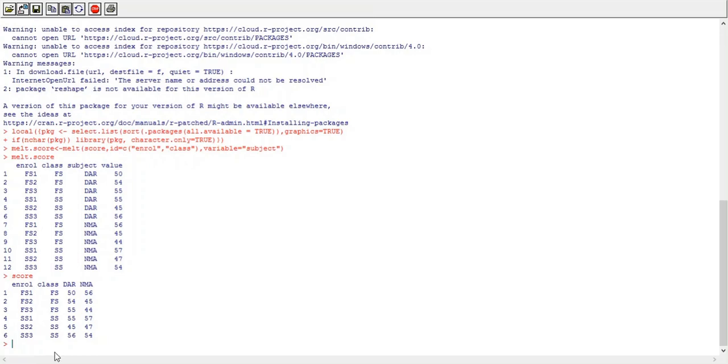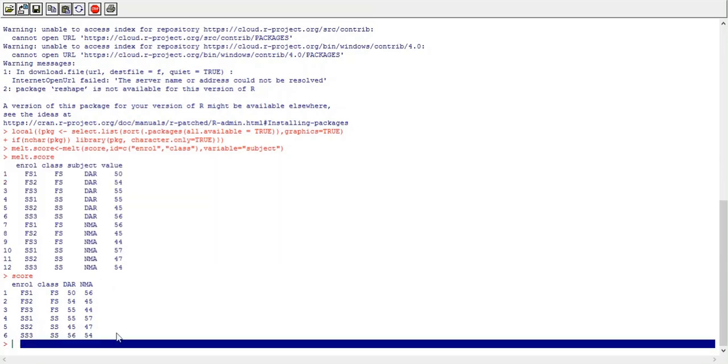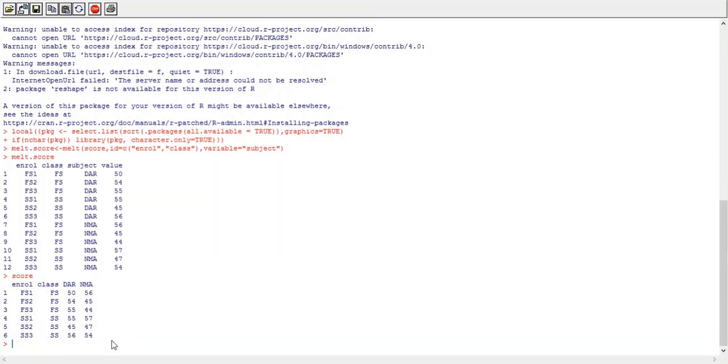Now we'll see how to use the cast function to convert long data format into wide data format. So here we have this long data format, that is melt.score. We want to convert this long data format back to the original format, that is wide. For that we require the cast function.